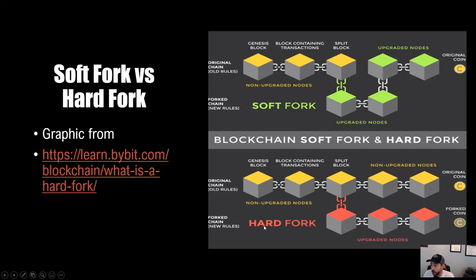Now, a hard fork is down below. Here's your original chain. It identified this block as a split block. So here what happens is a new chain is formed right over here. And these folks get some of this new chain. So now they own coins in both of these chains. This chain goes on independently, and then this chain also goes on independently. And these chains no longer can interact with each other or have really anything to do with each other, completely separate governance and everything else. So forks are a big deal, especially hard forks. And it's basically a disagreement within the community that usually causes these types of hard forks.